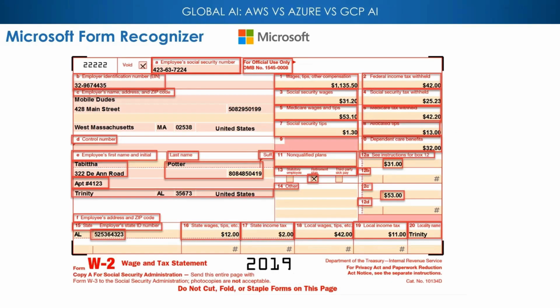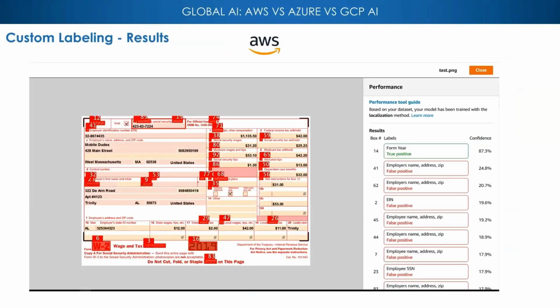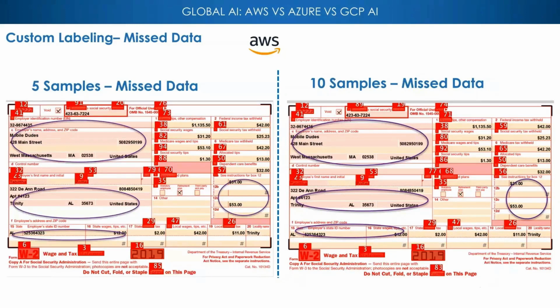And they all do it a little differently. You can actually try this on your own. You don't even need to call an API to begin with. You can test it on their website, and they'll show you the results. As in this case, Amazon's showing you the true positive and the false positive, whatever it thinks it is. And based on that, you can see how you can actually compare all the 3 by just testing by going on their websites. Now, things to keep in mind is the samples.